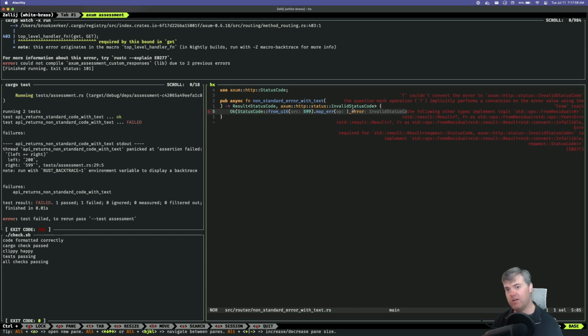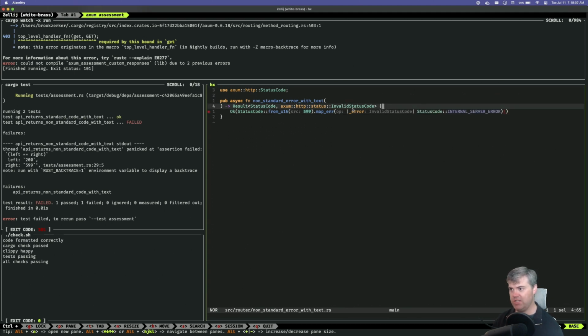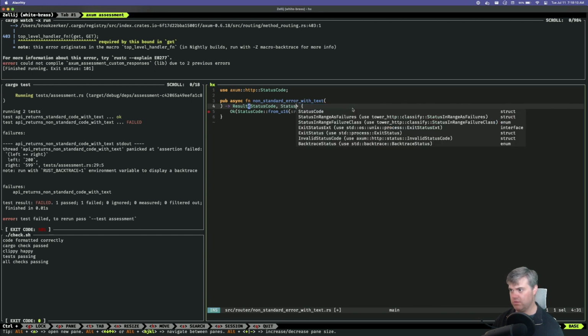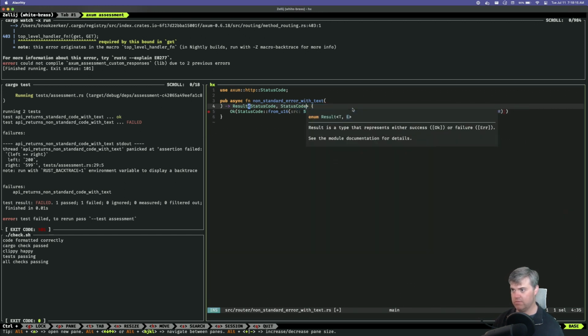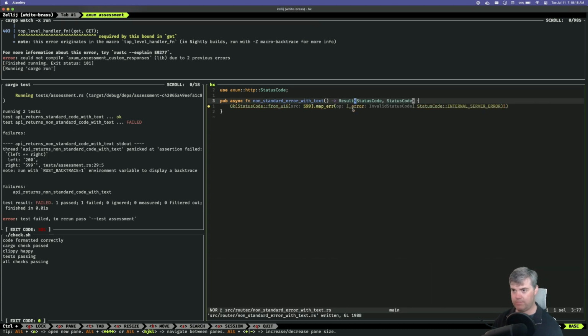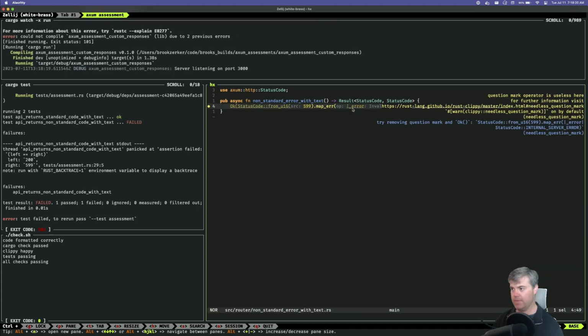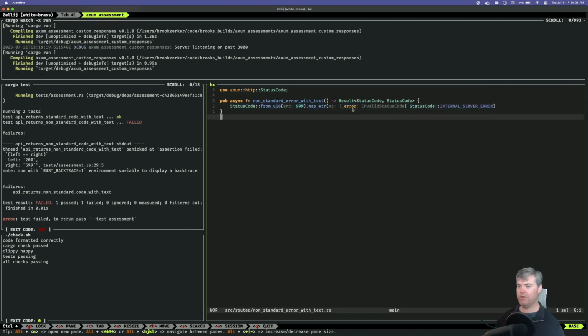Couldn't convert the error to invalid status code. Oh, okay. So hold on. This probably just needs to be status code. Cool.